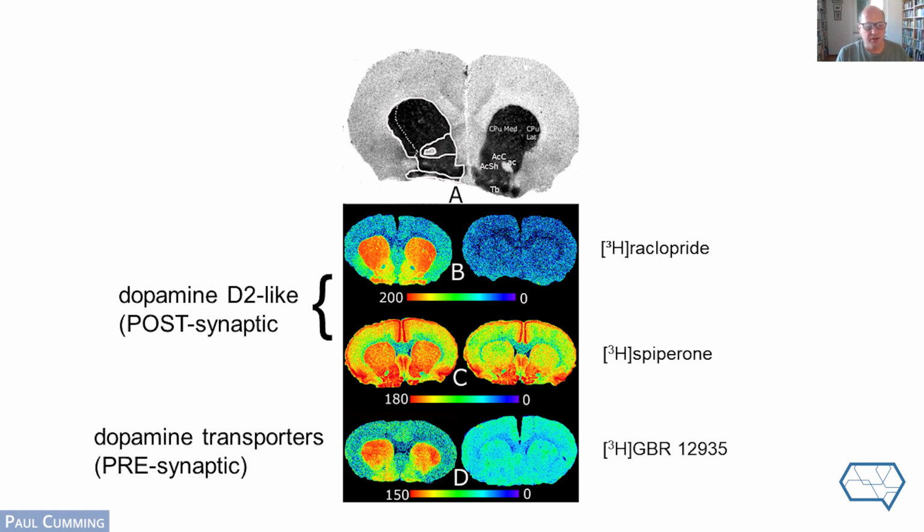Now, this is my own figure, just from some rat studies, to introduce an important concept in the dopamine system, where we have autoradiograms, or it's like a poor person's PET, where the brain section is incubated with various radioligands to reveal the dopamine receptors in the upper figure. And in the lower part of the figure, you see much the same image, that is to say, dopamine receptor binding, but this is not receptors, this is the dopamine transporters, the cocaine binding sites that are an indication of the density of innervation in the brain.